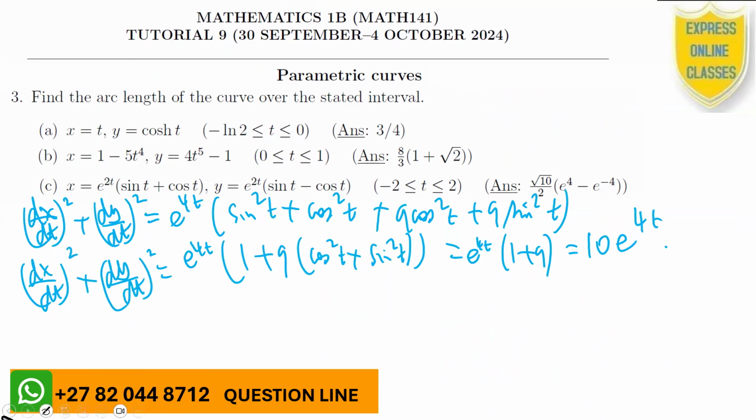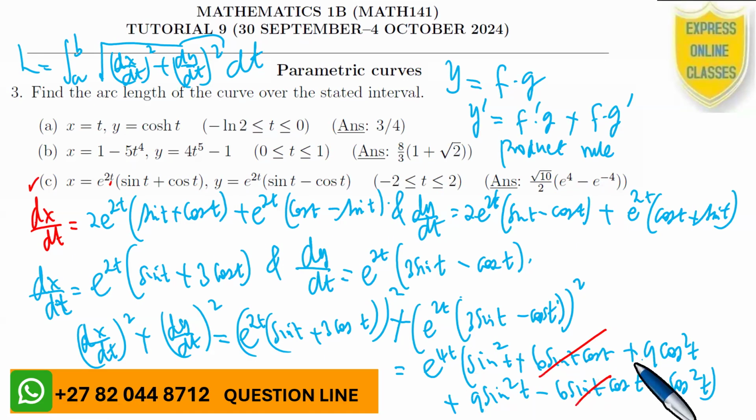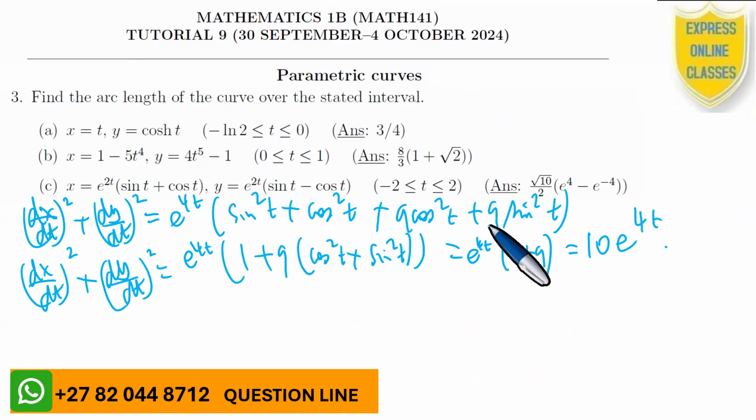But simultaneously, we also have the following. We also have 9 cosine squared t plus 9 sine squared t. And this is cosine squared t plus sine squared t, which is exactly 1. And the 1 plus 9 gives us exactly 10 e to the 4t,